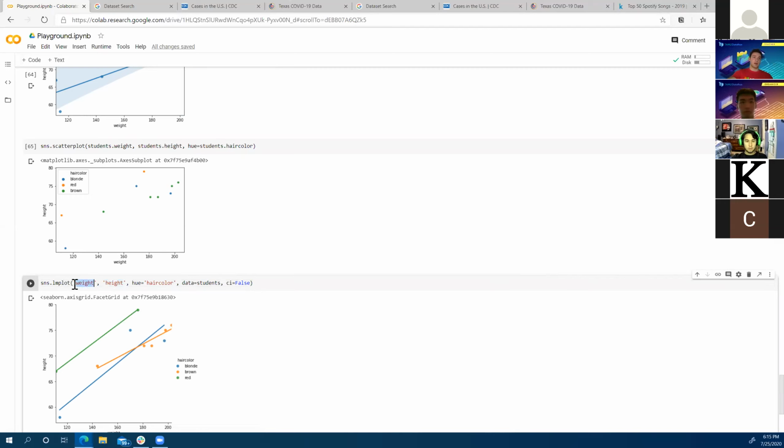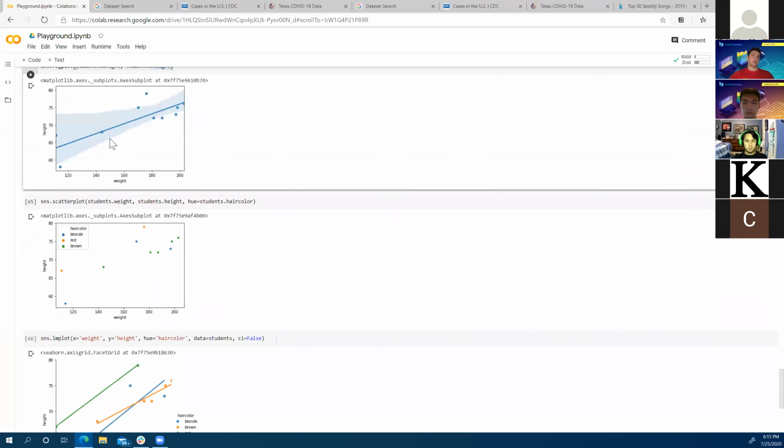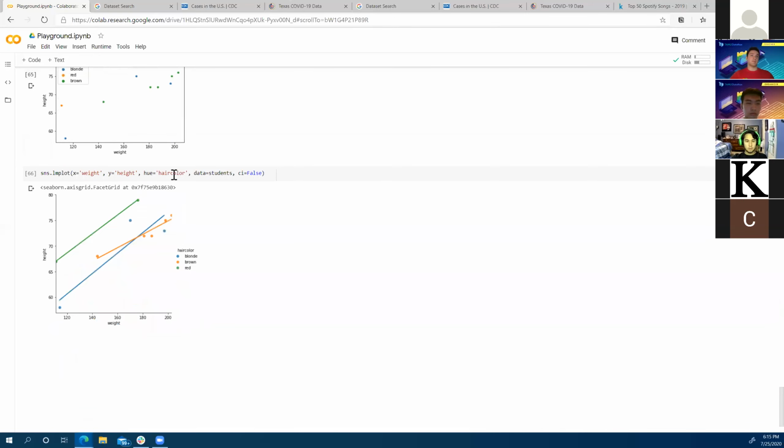So I think this would be the equivalent of saying x equals weight, y equals height. But now we also added a hue. The other function does not take a hue, I believe. I think I tested that the other day. This guy doesn't take hue, but this one does. And so I can plot the points with their particular groups, so their hair color, and also plot the best fit lines for each of those groups.